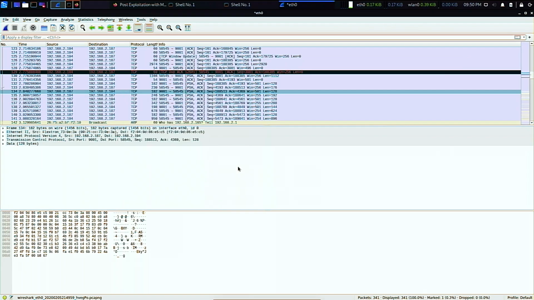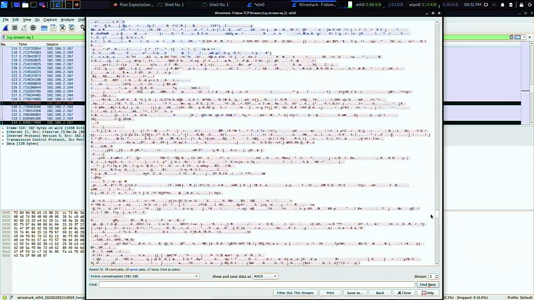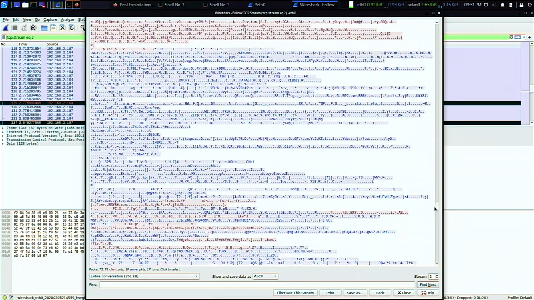TCP stream. Look at that. It's all jumbled garbage, and that's because this communication stream is entirely encrypted, so it's just a whole lot of jumbled garbage mess. The defenders are going to have a hard time actually seeing what's going on. There are signature-based detections and a couple other things to detect that it is a meterpreter-specific communication,